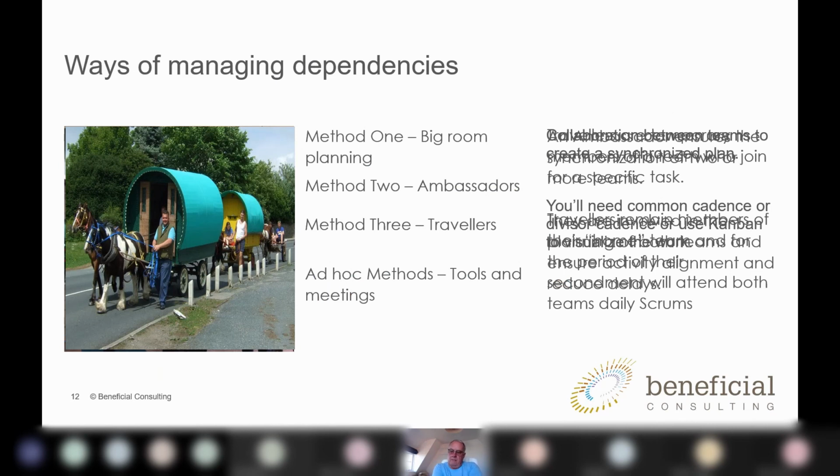The obvious way that many agile at scale frameworks manage this is by using big room planning. The big room planning approach is very evident in SAFe. They call it PI planning. Big room planning is also very evident in Scrum at Scale, which takes more representatives of teams, but they still get together in a larger room to plan across the teams. So I'm calling that big room planning.